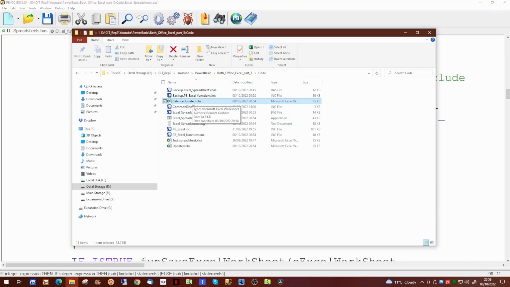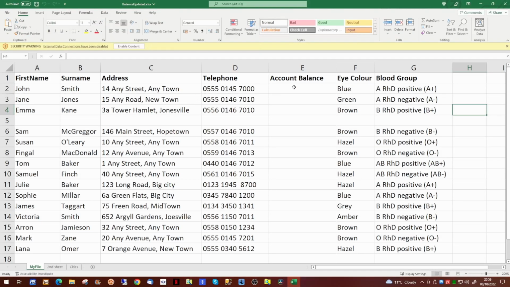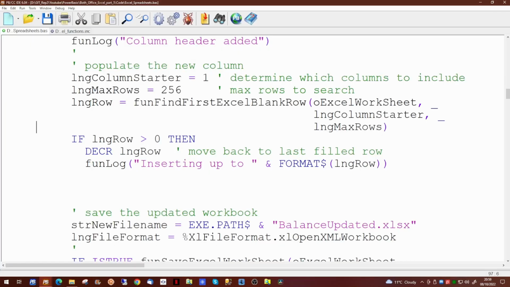So if we have a look at our spreadsheet again, we will see that we want to start at row number 2 and we want to end at row number 4. Now the function we've just called will return the value 5, because this is the first one which has a blank within it. So we want to reduce that number by 1, so it becomes 4, and we're going to write into the E column for rows 2, 3 and 4. So we use the decrement command to reduce the long row by 1. And we're going to be inserting data up until that particular row.